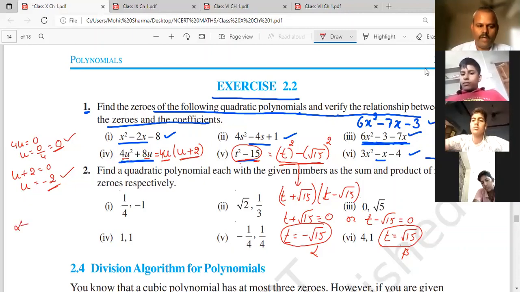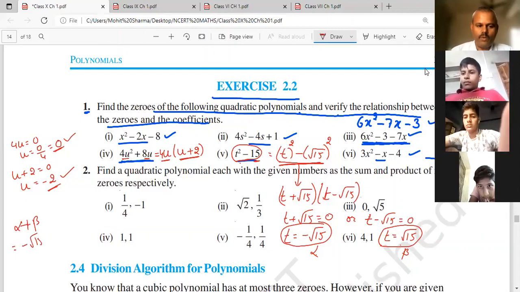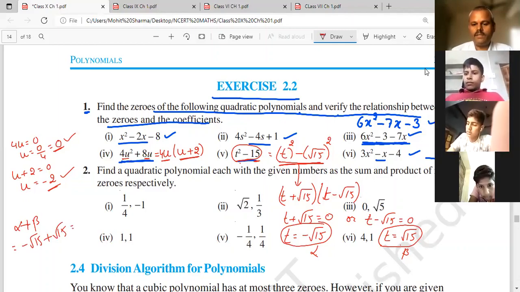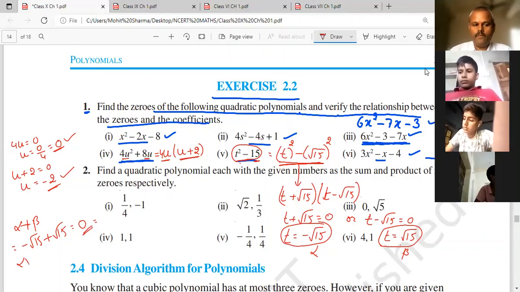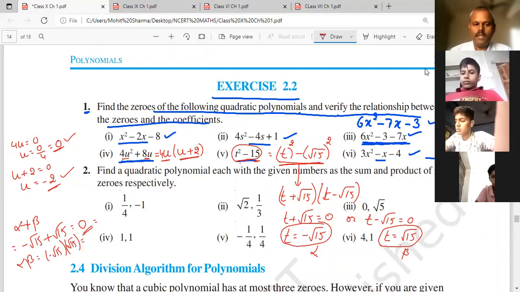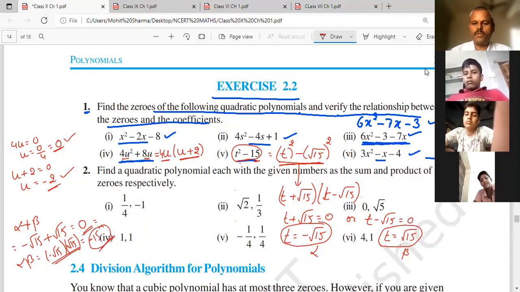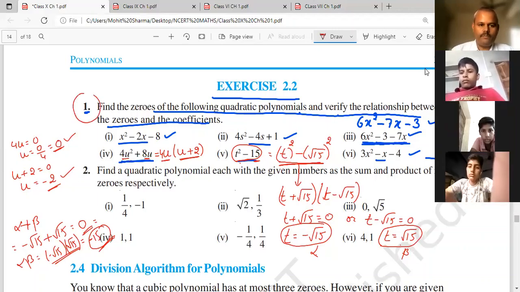मैं आपसे ये पूछ रहा हूँ अल्फा प्लस बीटा जब करोगे तो आप माइनस अंडर रूट 15 प्लस अंडर रूट 15 भी तो करोगे. तो ये करोगे तो किसके इक्वल होगा? 0 आ जाएगा ये. और 0 को फिर बाद में हम कन्वर्ट करके लिखेंगे, रिलेशनशिप फाइंड आउट करेंगे. सेम अल्फा इंटू बीटा जब आप करोगे, माइनस अंडर रूट 15 मल्टीप्लाई अंडर रूट 15. इन दोनों को मल्टीप्लाई करोगे तो क्या आएगा? माइनस 15 इसका प्रोडक्ट होगा। फिर इसको बाद में कन्वर्ट करेंगे C अपॉन A में। तो आज आप सिर्फ इसको ट्राई करो, ठीक है।